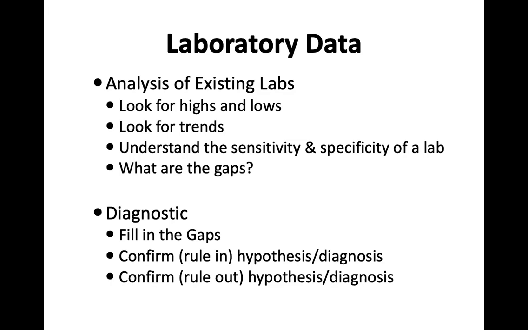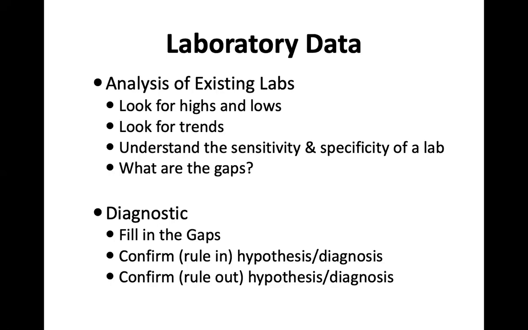And in that case, if I only have one data point, then I'm not going to worry too much about it. But at the second time, if that trend is going up, if the ALT, AST, or ALK Phos is trending upward, then I'm going to want to know a little bit more about what's going on. And the other thing that you can do based on looking at your labs is ask questions about what they're doing, okay? So we want to look for highs and lows, and we're going to look for trends.